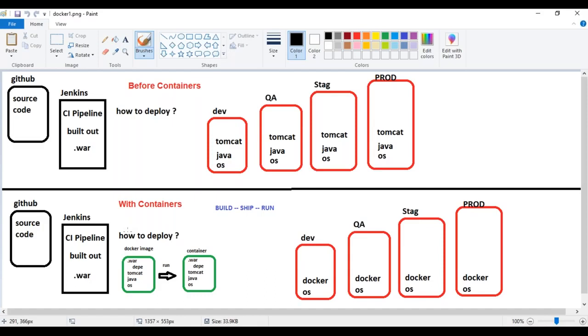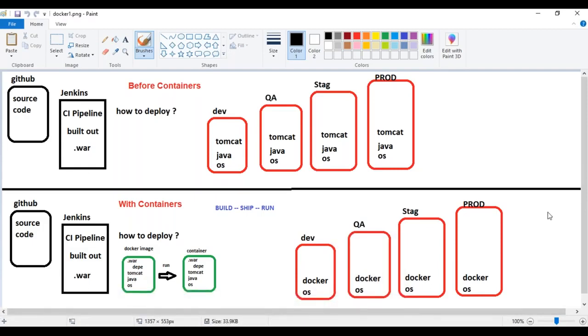Let's prepare a package, or a container you can call it, which has your application plus all of its dependencies in it. For example, we prepare a package which has a WAR file in it and along with it all the dependencies to run this application, like the Tomcat server or Java, whatever it is, and the OS dependencies. Everything we need, we package together as a single package. Technically this would be called an image. That image we want to deploy into different environments.